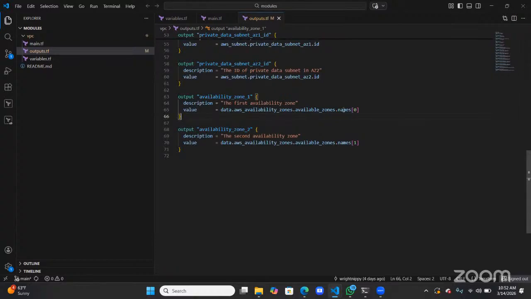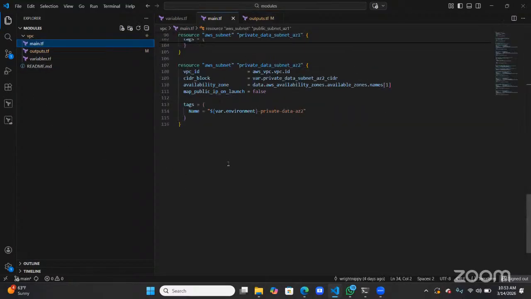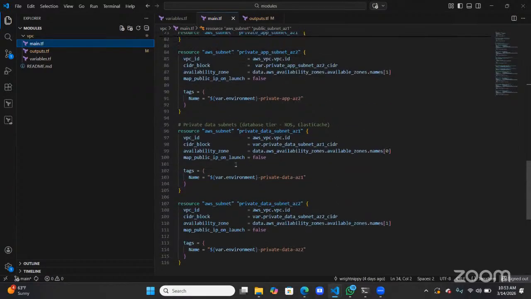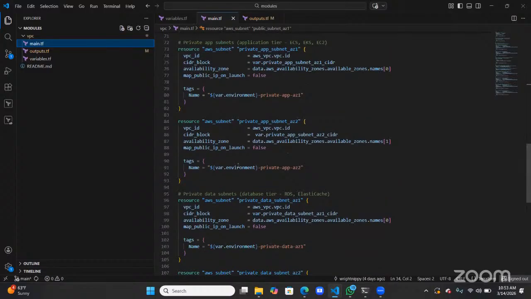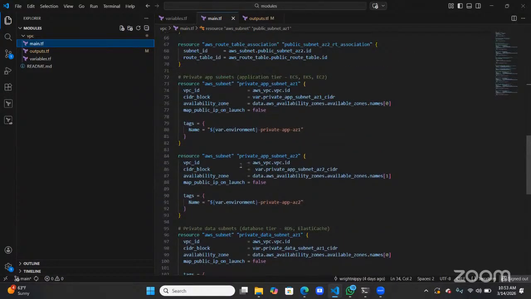Okay, this is the availability zone. So where's the availability zone in your VPC? Do you have that data? Can you go in your main? Amend that here, please. Let's keep scrolling up.